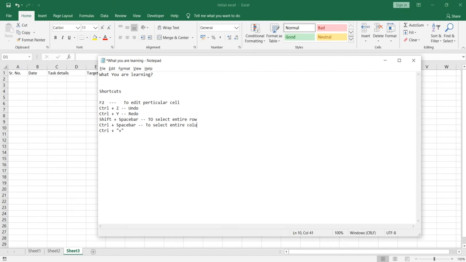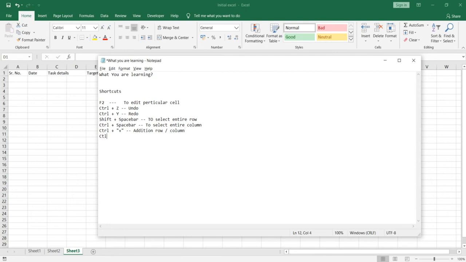These are the shortcuts which you can use for quick actions. Control plus is for addition of a row or column. You can add both things.